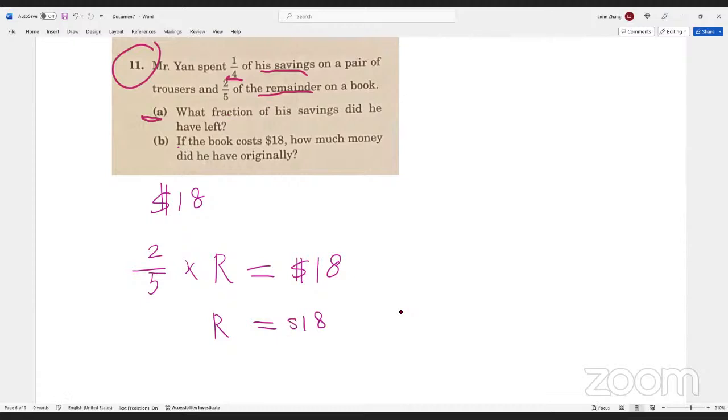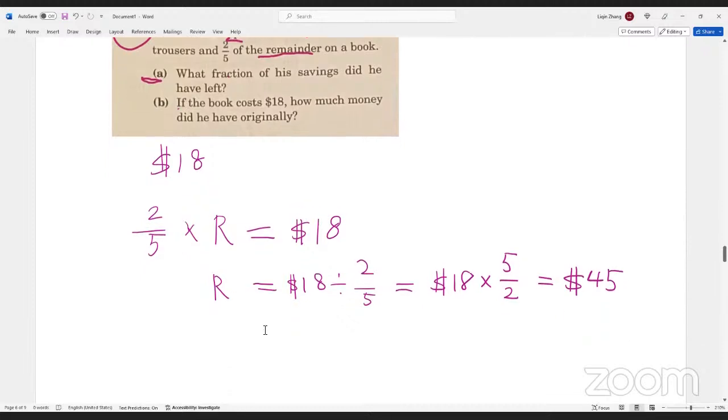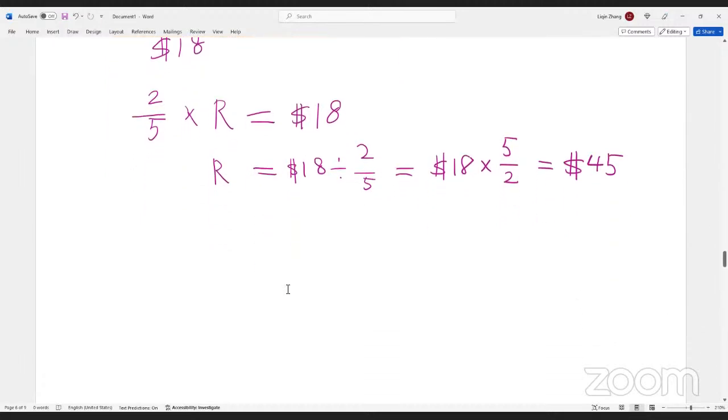So the remainder equals 18 divided by 2 out of 5. And it equals 18 times the reciprocal of 2 out of 5, times 5 out of 2. It equals to $45. So this is the remainder. So what does the remainder mean? The remainder is the original money, right? The original dollars times the rest, the remainder, 3 out of 4, which means